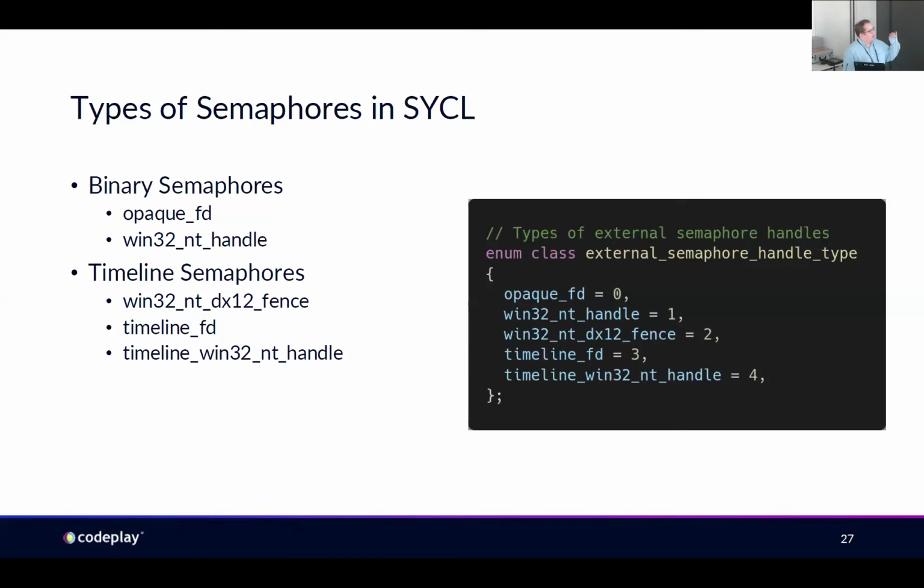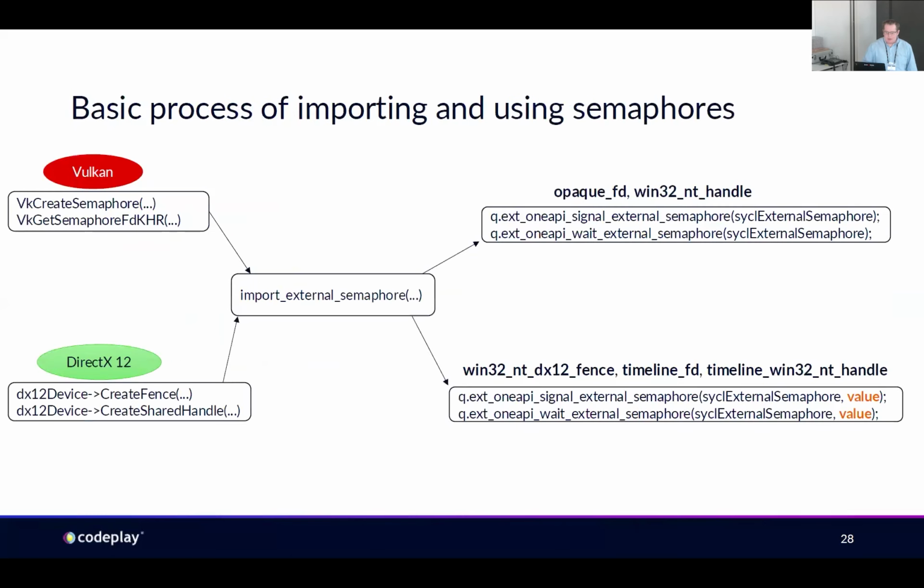Timeline semaphores, of course, the DirectX 12 version is supported by Win32NT DX12 fence, and then of course you've got the two timeline semaphores for Linux and one for Windows. And the basic process of using semaphores: get the semaphore, mark it as exportable again, and then it's just a lot easier to import the external semaphore. And then with the